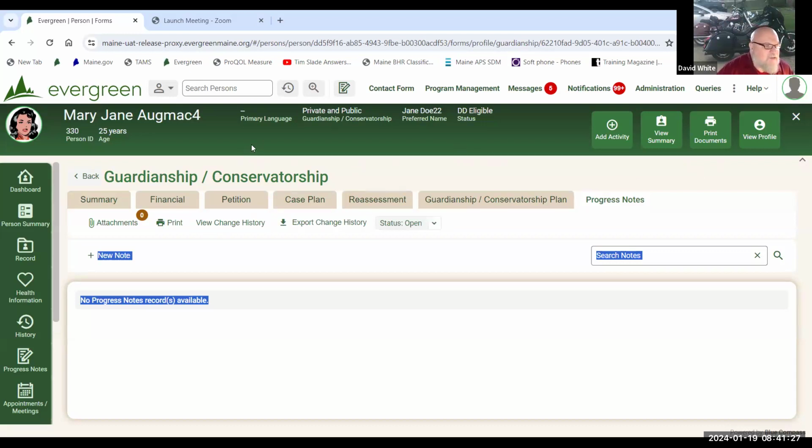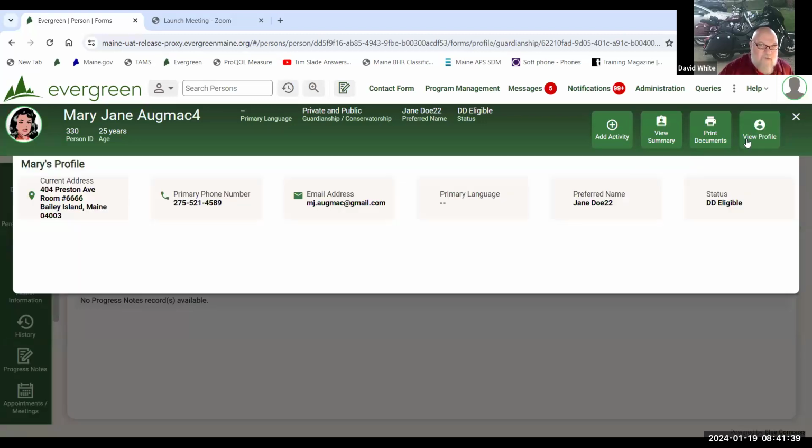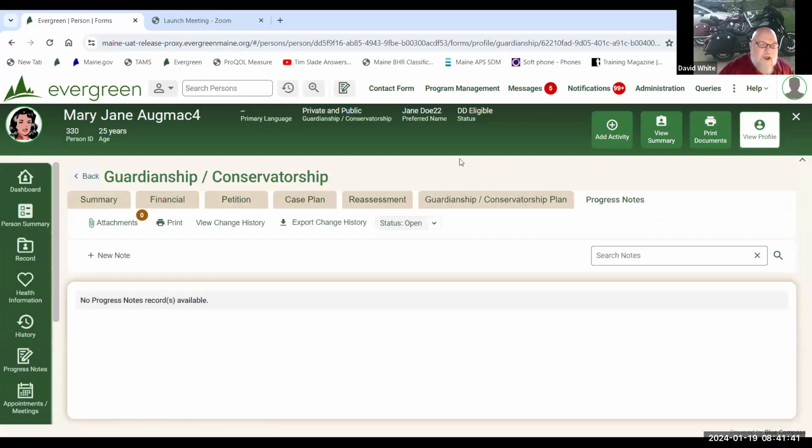Okay. So again, those are the 4 additions up here: the add activity, which you've seen what that looks like, and the view summary. And you can view the profile all right from here. Going back to your home screen,